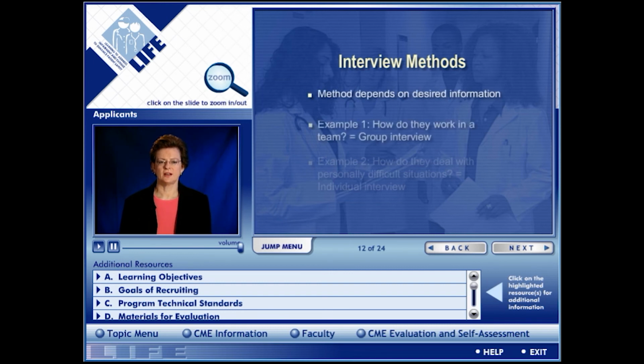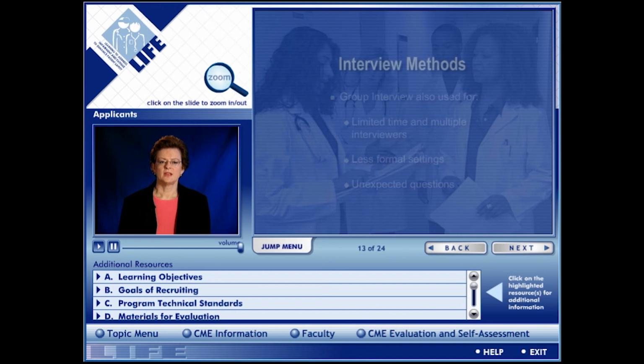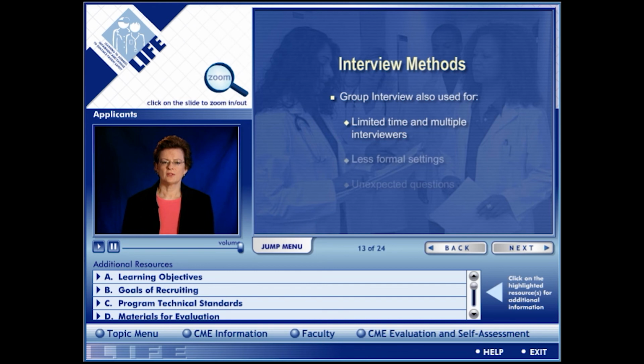If you need to find out how well a future resident would deal with different personality characteristics while working in a team, a group interview with several of your current residents might be the best method. If you want to find out how a candidate would deal with situations that are personally difficult, you may want to stage it as an individual interview with a faculty member who is adept at conversing with beginning residents. The individual interview should probably always be used by the program director, the department chair, and the potential resident's direct supervisor. The group interview is used when time is short and there are multiple interviewers, or for less formal situations